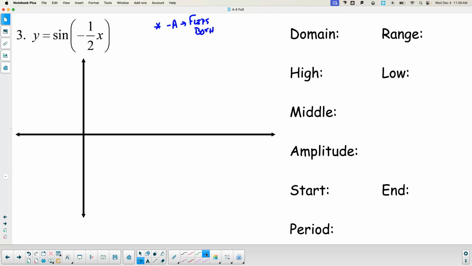So it flips both sine and cosine if you have a negative A value. If you have a negative B value, it is only going to flip the sine function. Okay? Because if you think back to when we were doing our identities,